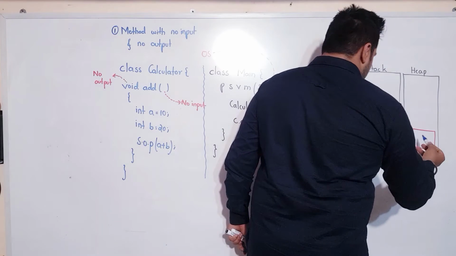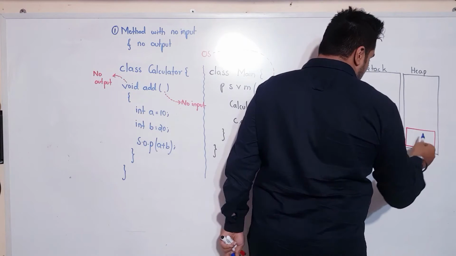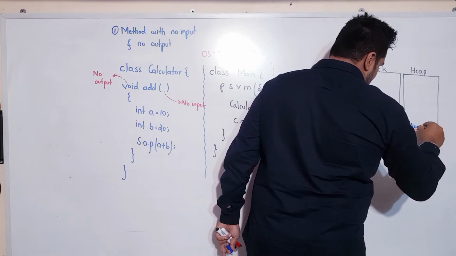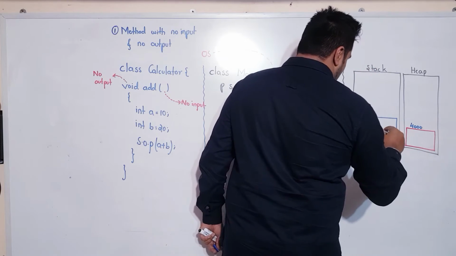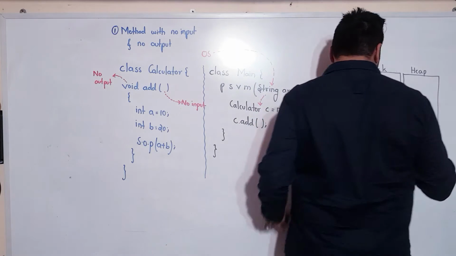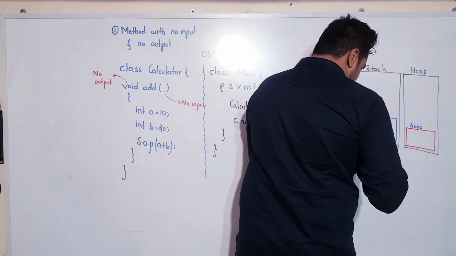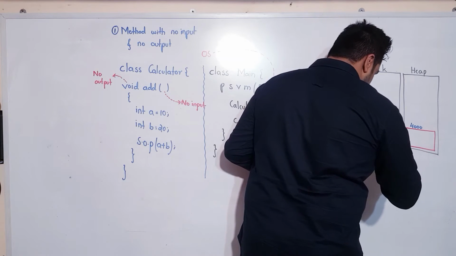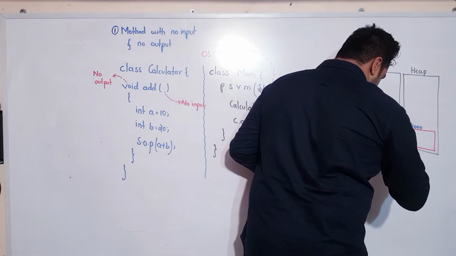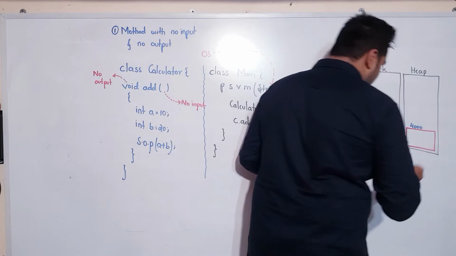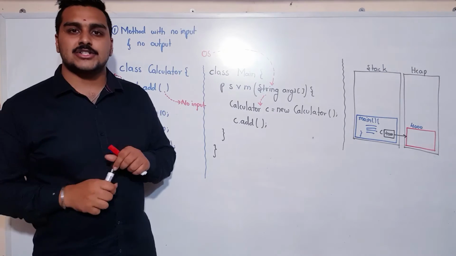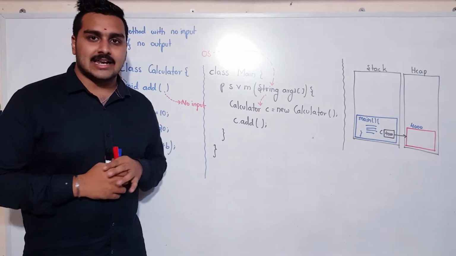Now, inside this, I am going to have one function. I am not going to have any variables here, so no problem. So, I am associating calculator type C. C is the variable that is going to point to this address 4000. It is the one pointing to that particular address. I hope I am clear till there.